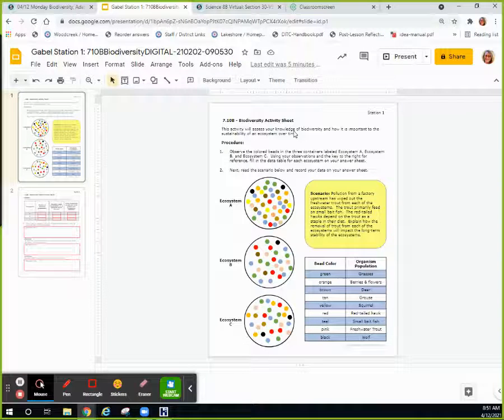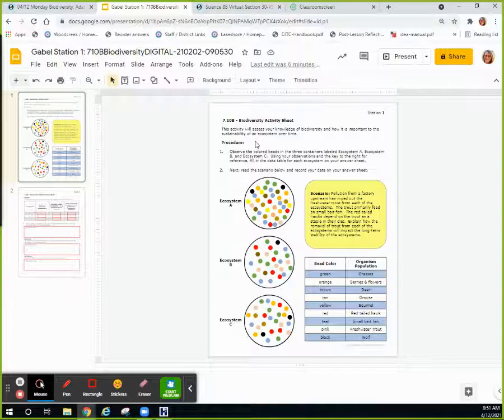Okay? Biodiversity. The directions say the activity will assess your knowledge on biodiversity and how important it is to the sustainability of an ecosystem. So what this is basically saying is biodiversity is important so ecosystems can last a long time, so they can live for a long time. And biodiversity is a population or a community of a whole bunch of different organisms and how they work